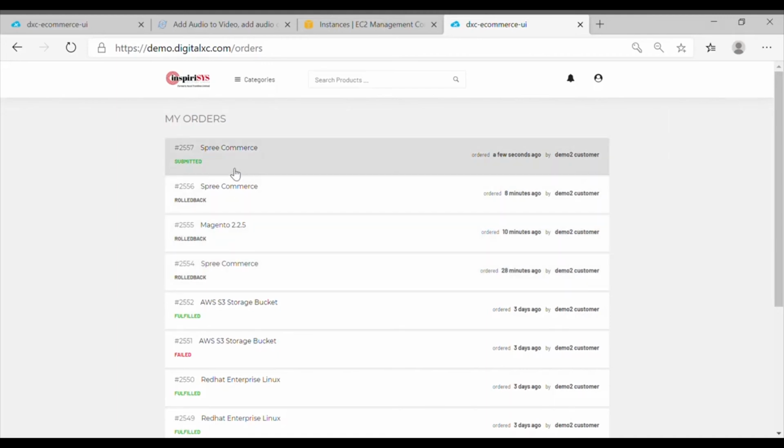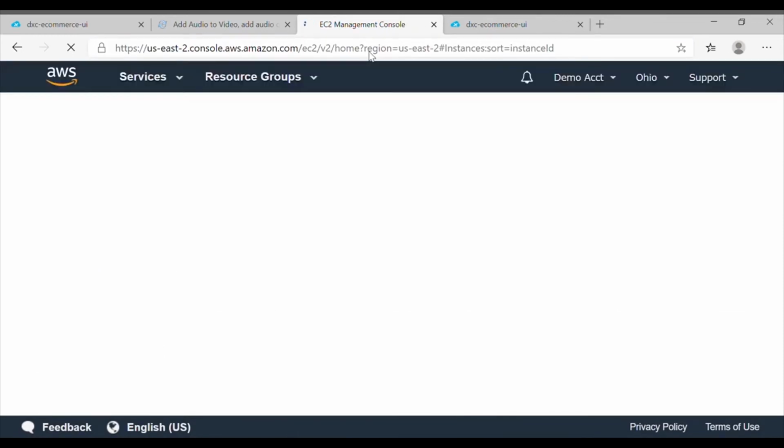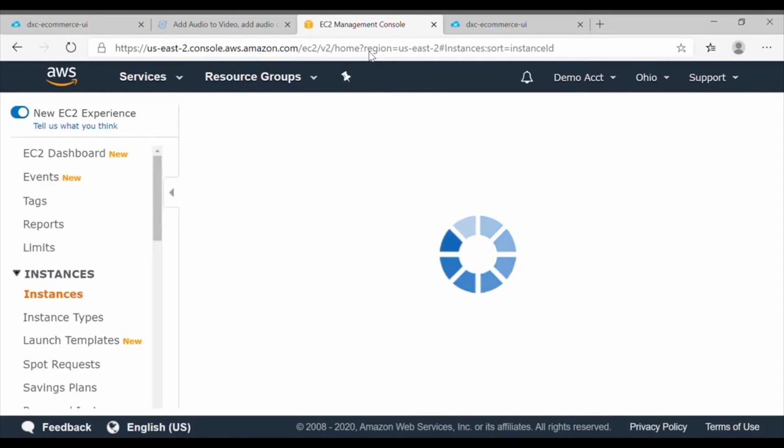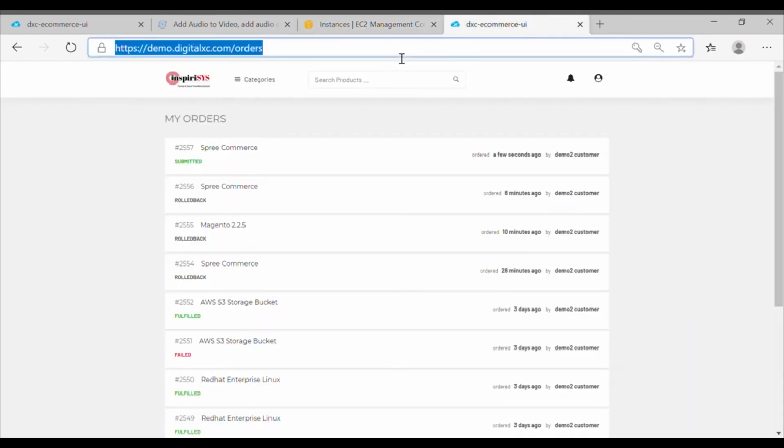Now currently we've placed an order for the Spree commerce on AWS. Because it is a demo, I've not configured this to go for an approval. So this will start getting instantiated immediately. I'm going to the AWS page to show what is happening there. Let me refresh the screen. There you have it. There is a test service 2 that is running now, and it is in the initializing stage. So if I go back and refresh my orders page,